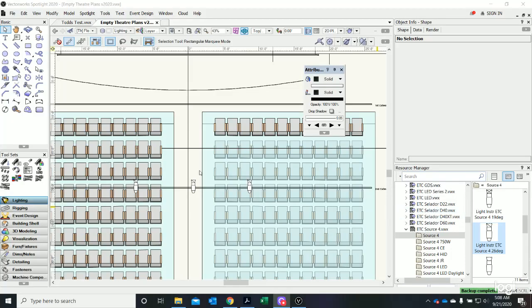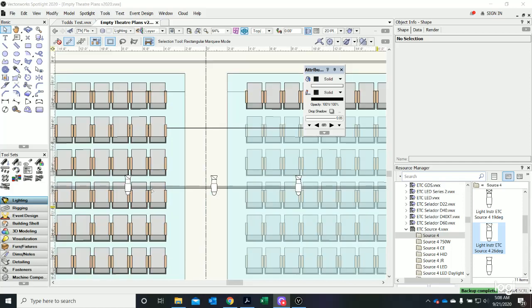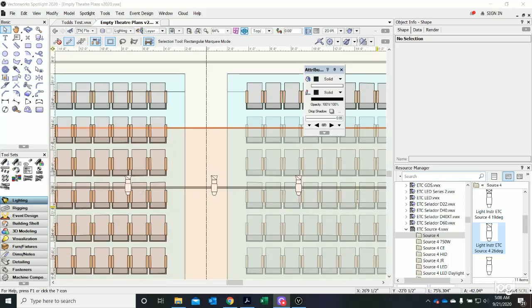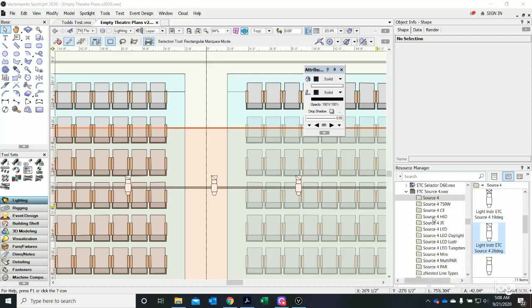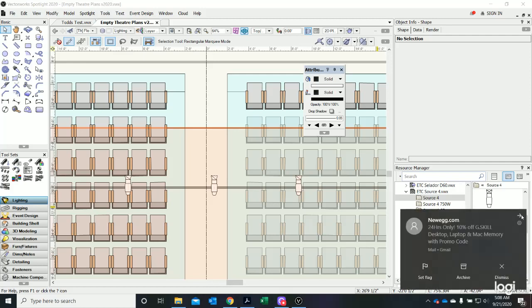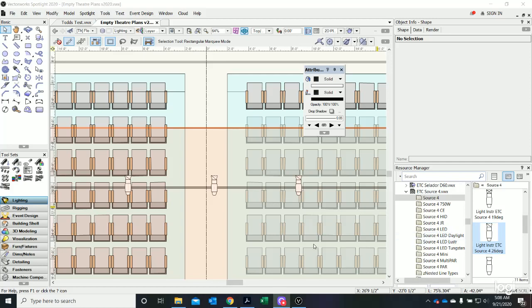Okay, so here are our three lighting fixtures that we had hung in our last exercise, and they were available through our resource manager in the lower right side, right? And there are a variety of other sorts of fixtures that are available here. For example, PARs, which are going to be useful. And then there's a lot of other stuff that's here, and we will either go into more detail or there's